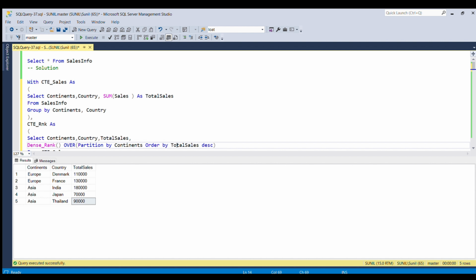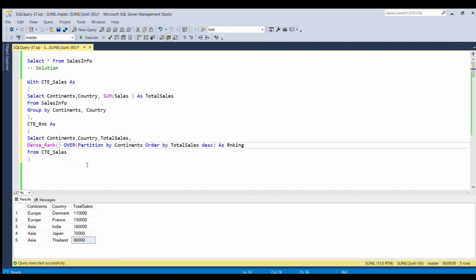Let's give alias as ranking. Let me pull this down. Okay, so we have got the dense rank as well.